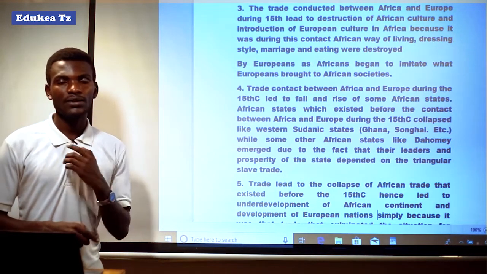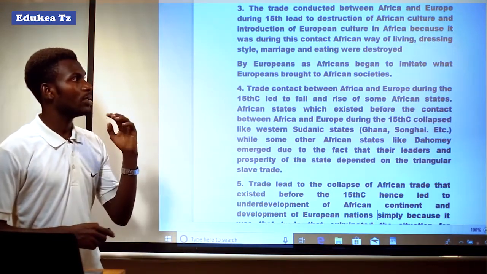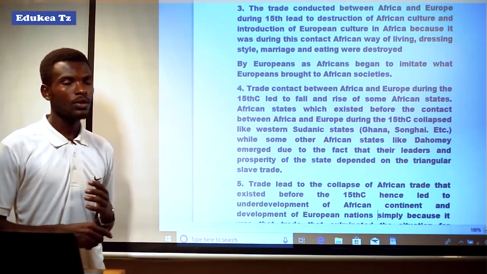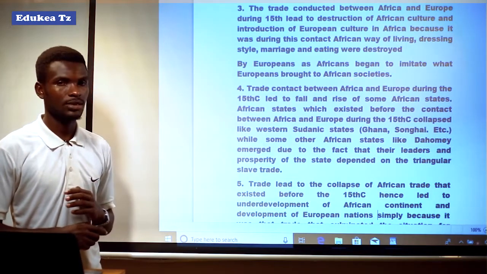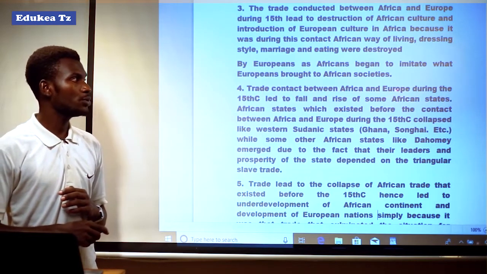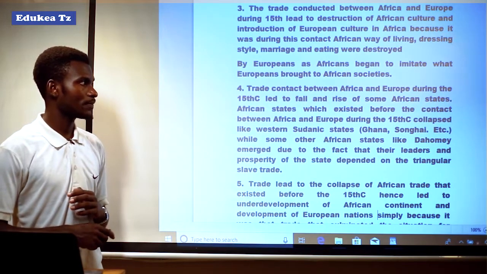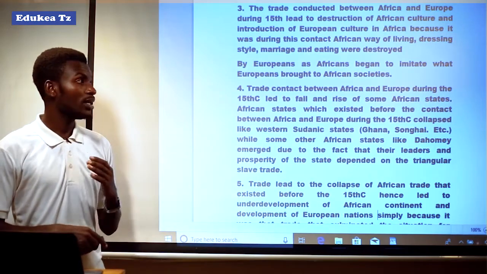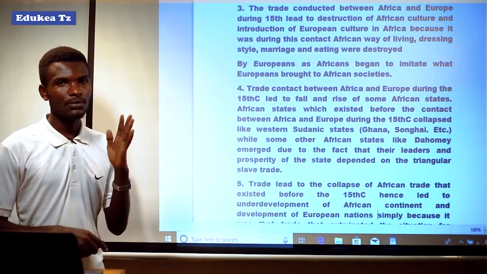It means that after the contact between Europeans and Africans, Africans began to imitate what the Europeans were doing or what was brought into African societies. Another impact was that trade contact between Africa and Europe during the 15th century led to the fall and rise of some African states. It means that the contact between Africa and Europe led to the rise and fall of some